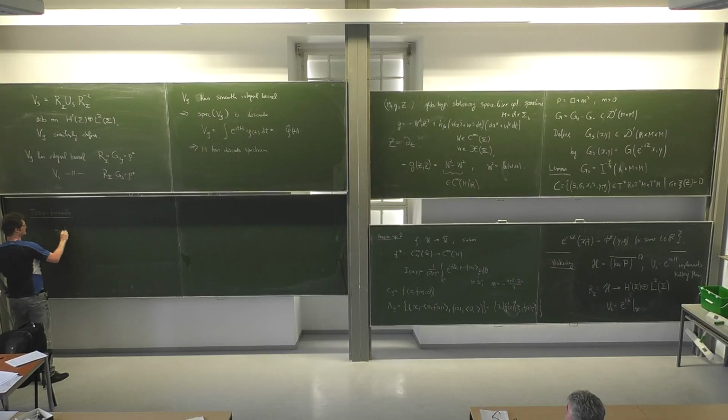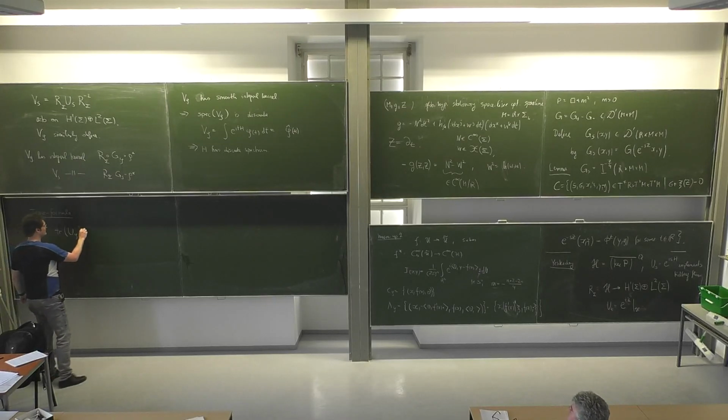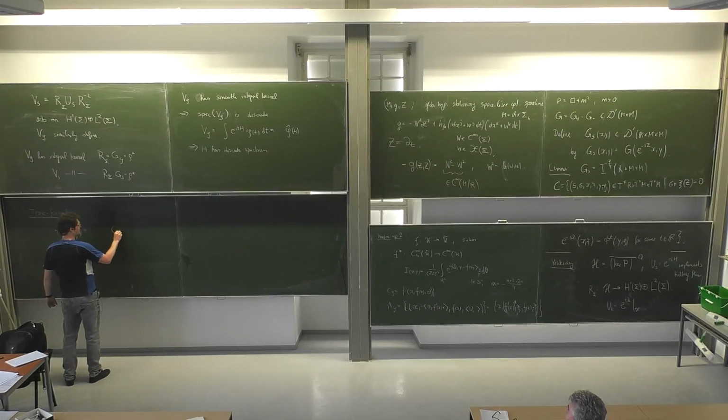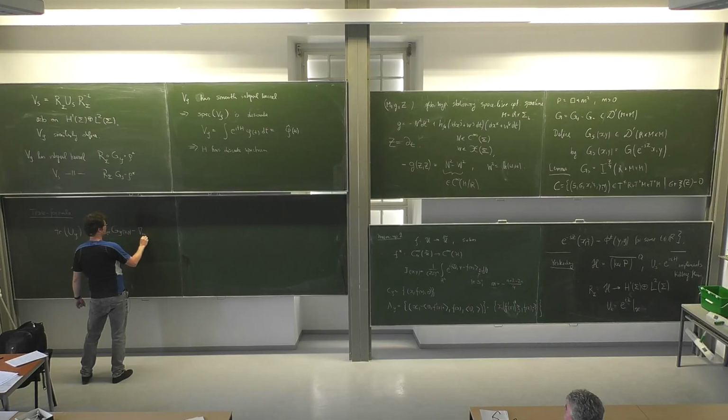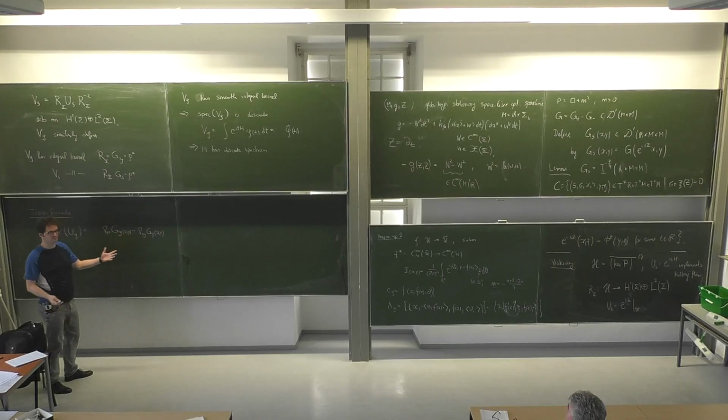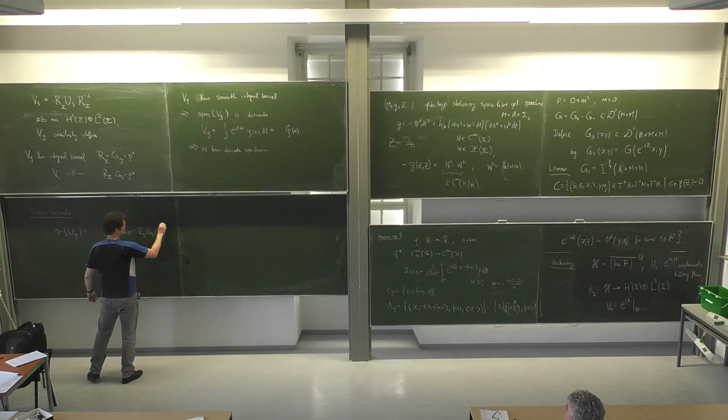The trace of u phi, which is the same as the trace of v phi, is equal to, and now I'm going to write down something that is independent of the Cauchy surface. So we take g phi, and then we take the normal derivative in the x variable, g phi x comma y, and we subtract the normal derivative of g phi of x comma y in the y variable. So that's some y distribution. And I'm going to restrict it to y equals x, so that I can integrate over x over a Cauchy